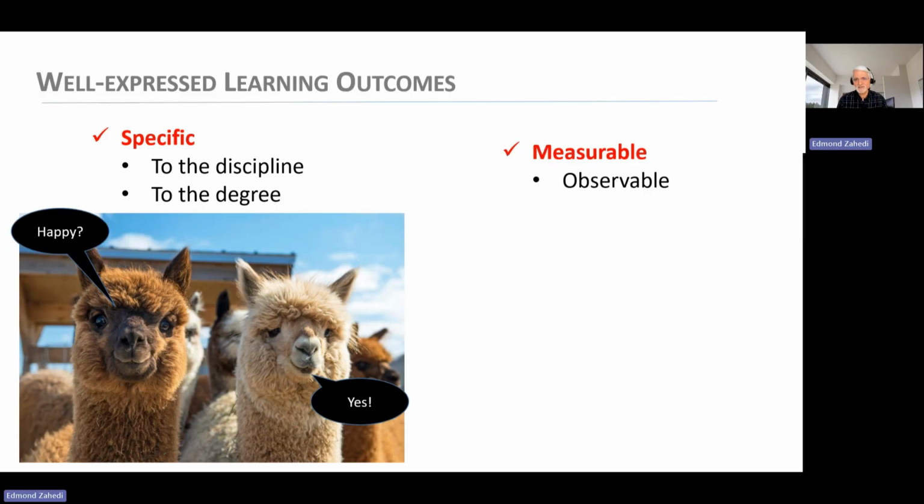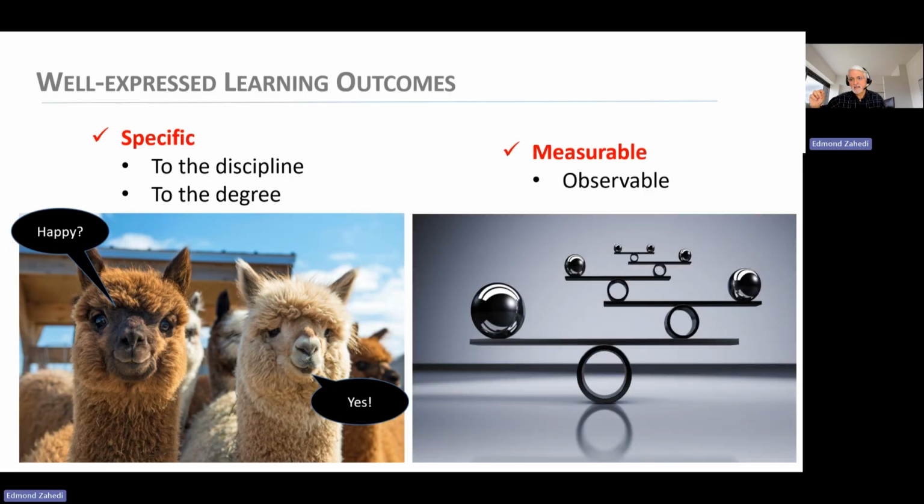Well, I need to measure, I need to be able to observe the performance of the students. You remember in the definition of the PLO, we are stating what students should be capable of doing, right? So I should be able to observe their performance and then measure that performance, which means I need to think in terms of assessment techniques, how I'm going to assess the performance of the students on the specific PLO. I need to observe in order to be fair to everyone.